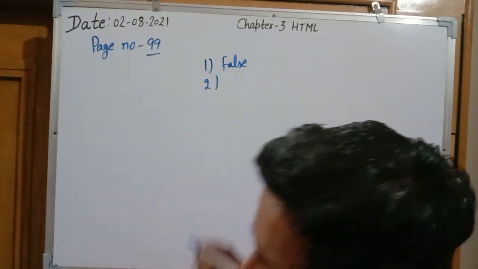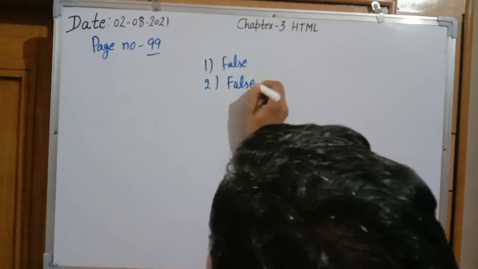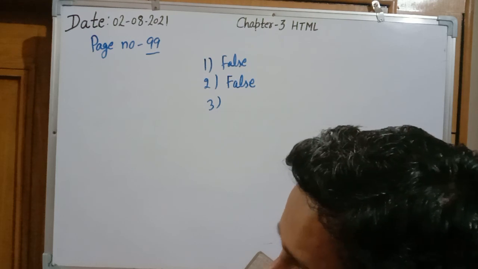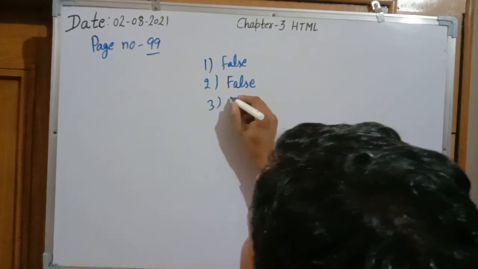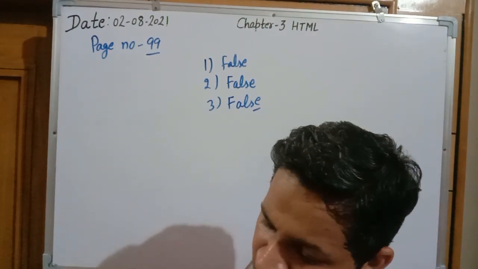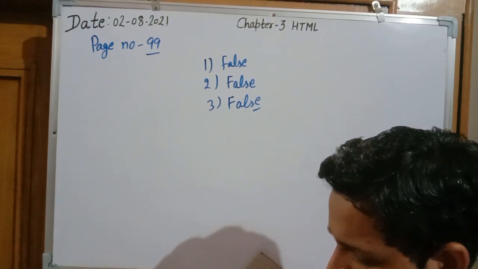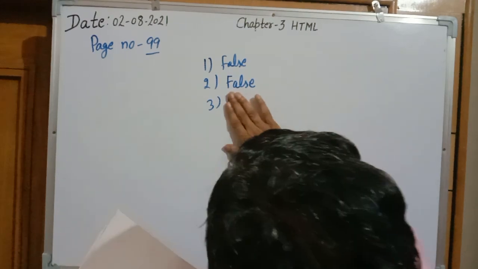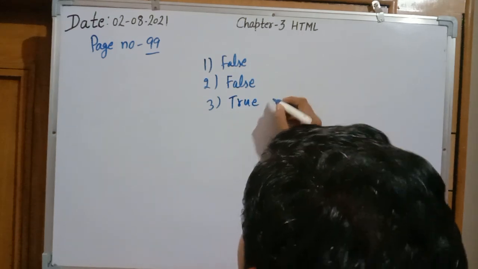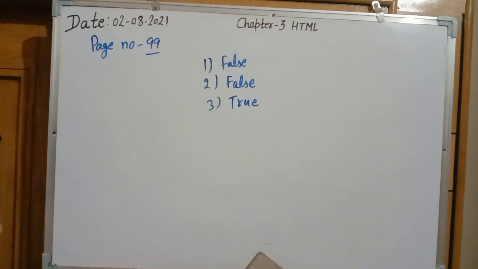Second, the text parameter specifies the default color of any plain text. It is again false. It is not the default color. And third, the background attribute allows you to insert an image as a background in the HTML document. It is true, because the background attribute will define the image. If it were bgcolor, then it would be false. So the first answer is false, the second is false, and the third is true.